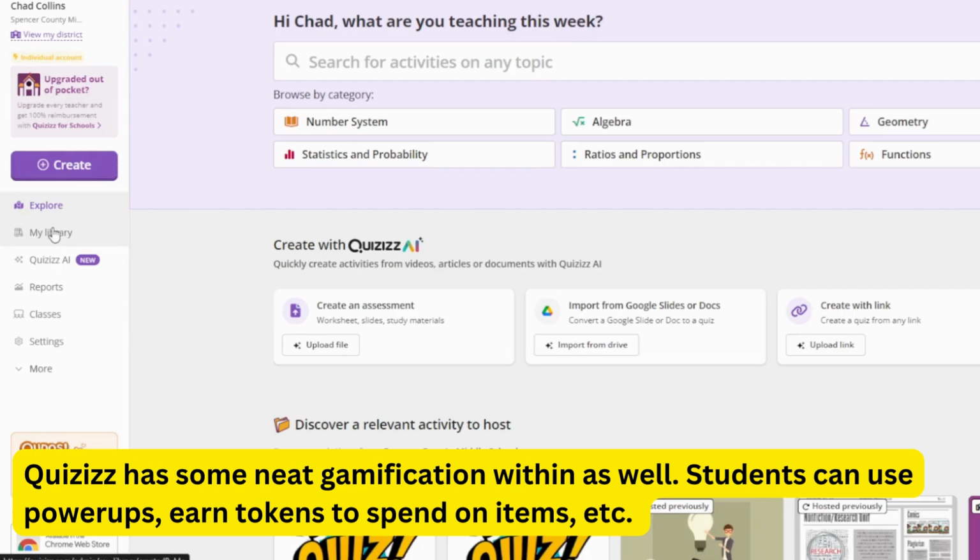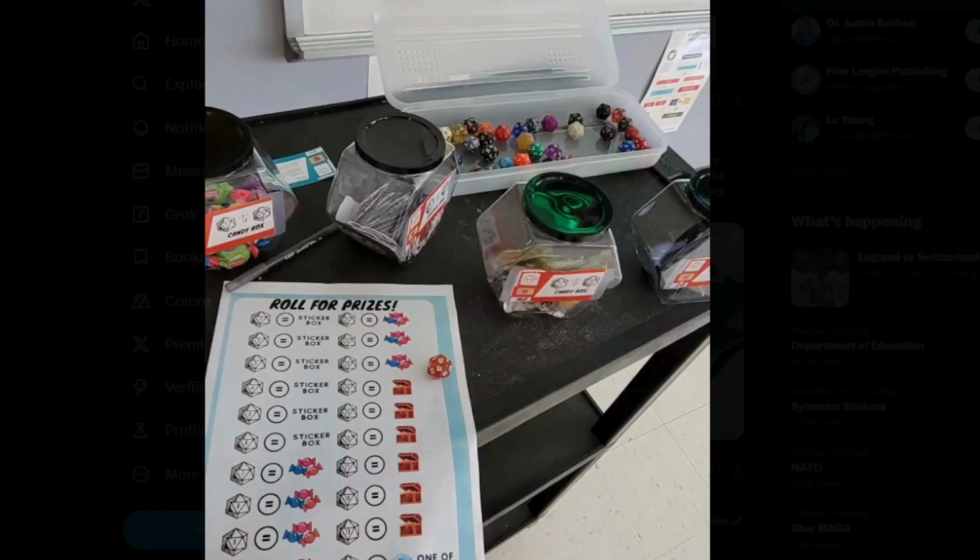I can then challenge my students with those tests in a way that's a little bit more interactive and fun, or we can use those tests for our tournament that we're having. Let's say you're in the top 3 in our weekly tournament we have for your grade level. If you happen to be one of those top 3 people, you get the opportunity to roll for prizes. We've gamified that a little bit by giving students some D20 that they can use and roll to decide what